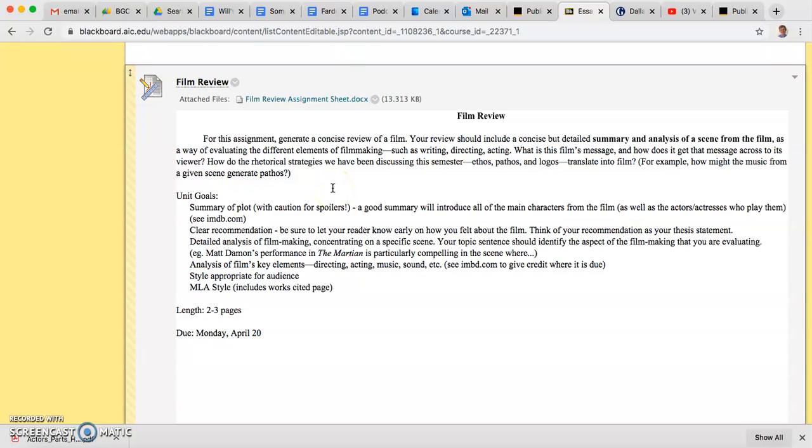So we're still working on making claims here. This should still be an argumentative paper, but we're just focusing on a different kind of text. So the goals for this unit include making sure you're summarizing the plot of the film. My tip for summarizing a film, which I want you to practice this week, is